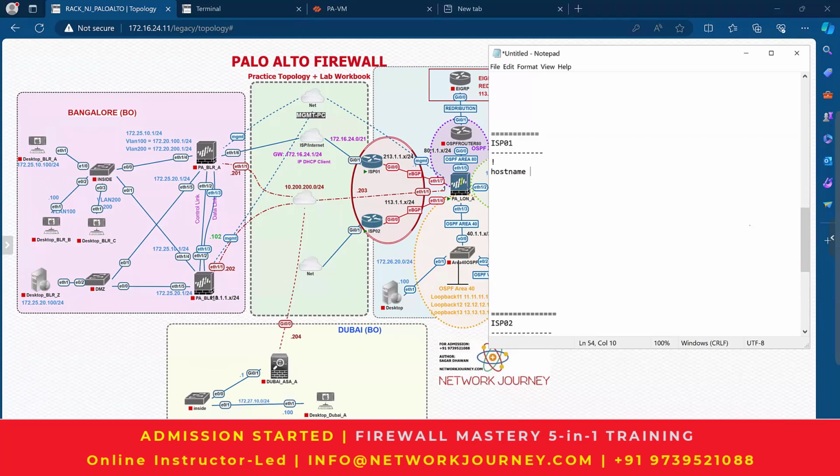Host name ISP1, interface gig 0/0. So I am configuring this interface. So that would be the IP address. Okay, I can take it up. Let's say, okay,